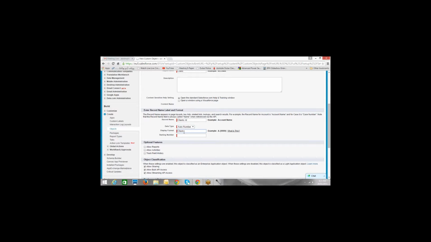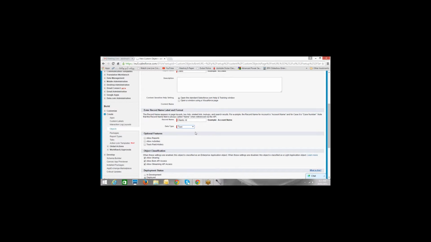Now, client will not be an auto number. This I want as text. Don't make it an auto number. Let it be client name, because my client will have a name, definite name, right? So change it to client name. Don't make it client ID. Where you have made it ID, change it to client name. Yeah, that's correct. All right.